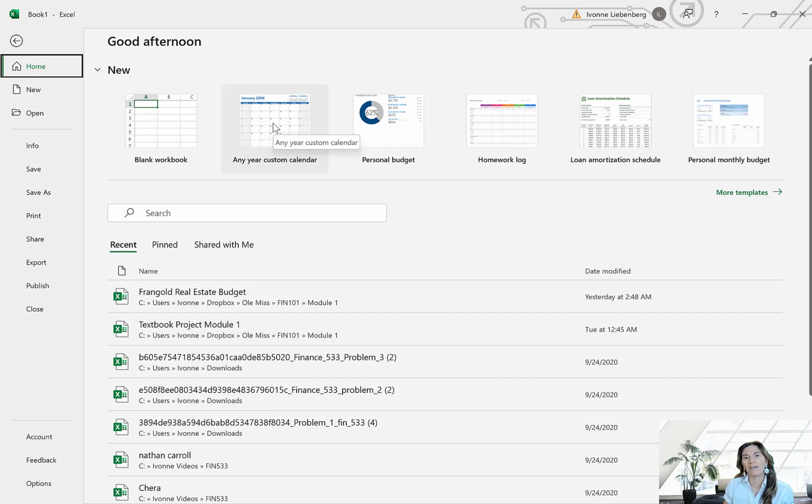because the ones that I have here are the ones that I most typically use, or the ones that I have recently opened. So we have any year custom calendar, a personal budget, a homework log, I have a loan amortization schedule. We'll actually cover one of those in a later module when we talk about financial functions, and a personal monthly budget. If you're looking for something different, click on More Templates, that green link on the right hand